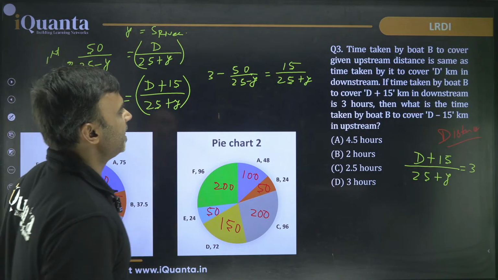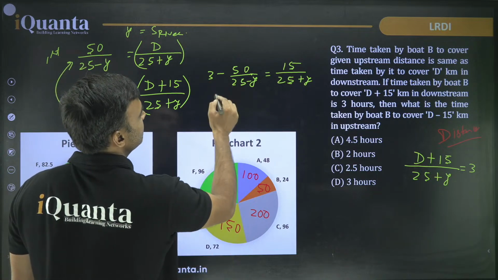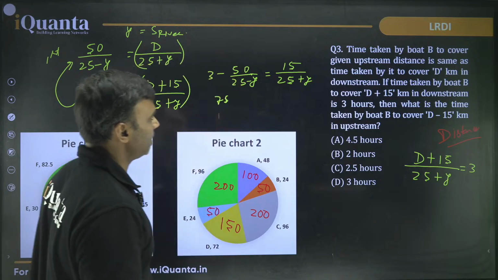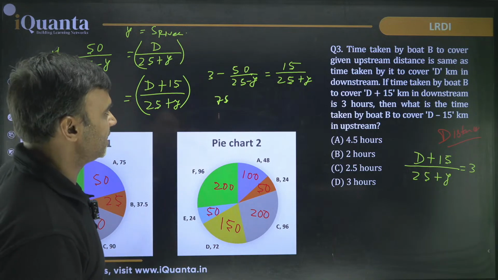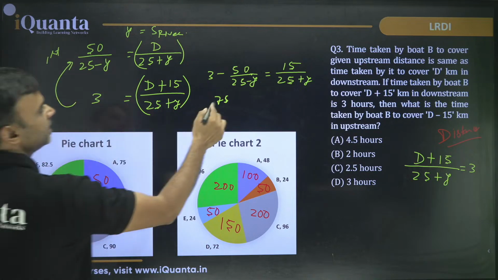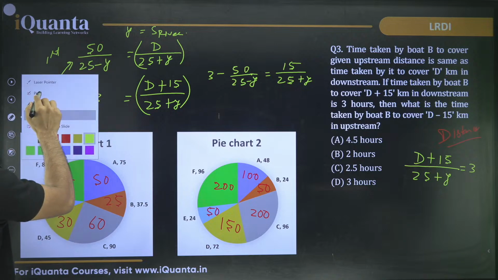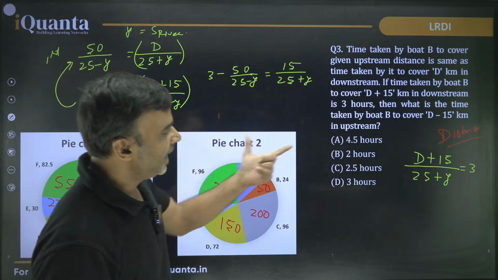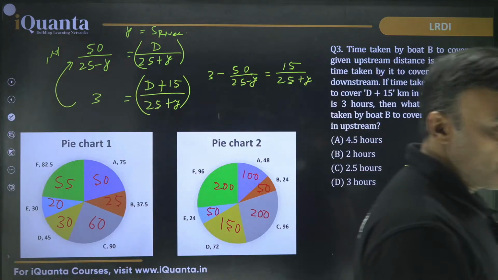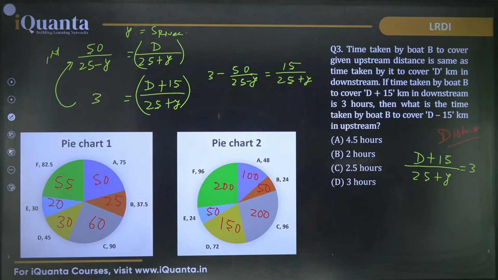Then I think it should be very easy. 25 minus y. So 75. Is there any other information that we have? D plus 15 kilometer. And we have to find D minus 15 kilometer. Okay. Can we have anything else in this? We will have to find the value of y and then we can find the answer. ठीक है यहाँ तक? From here, we have to find the value of y and then we can find the answer. Okay.